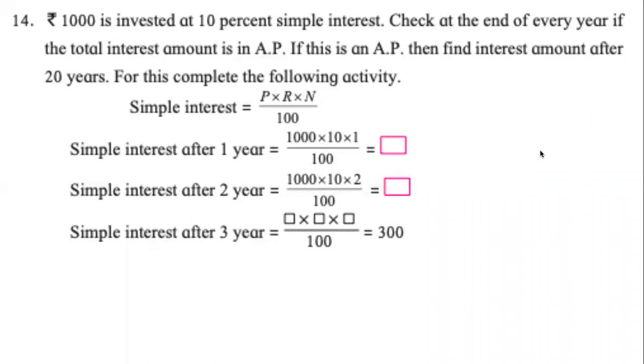If you have attended any of the classes that I have taken, I have taught you simple interest. I have told you that we will not write the 100. It is confusing, but yes, it's given in the textbook for now. Let us see what happens. So what is P, what is R, what is N?